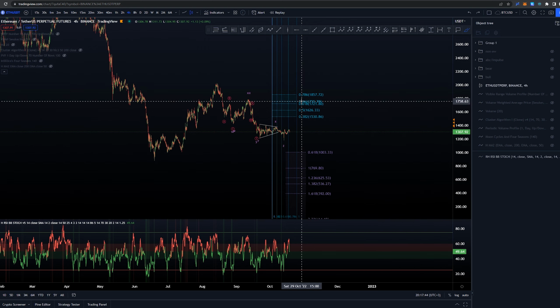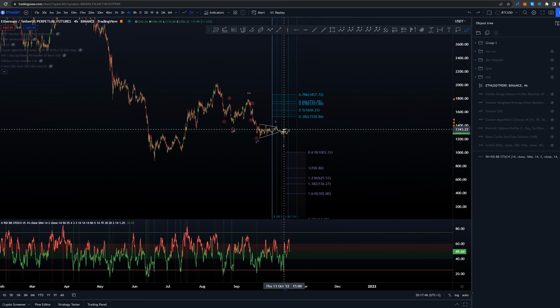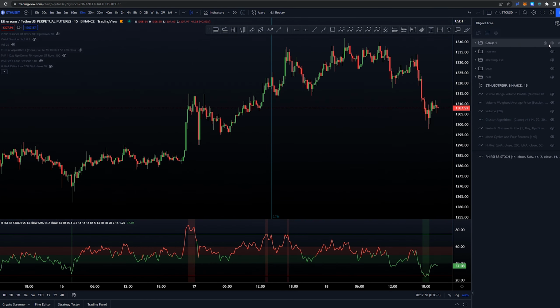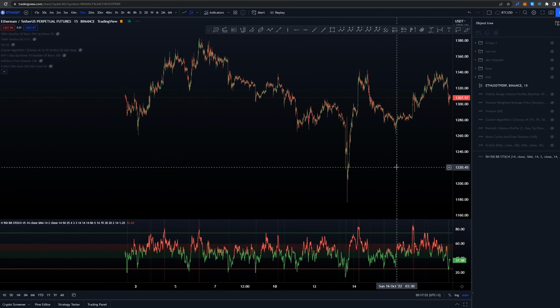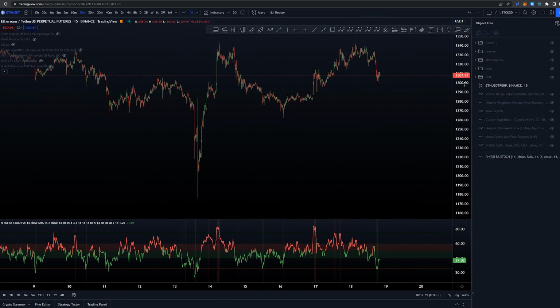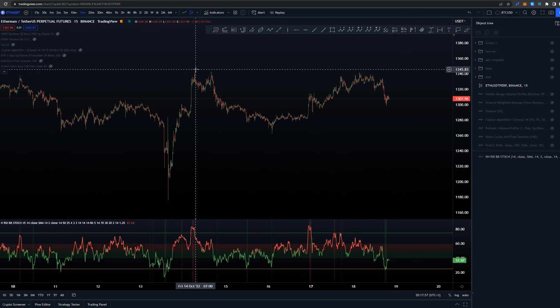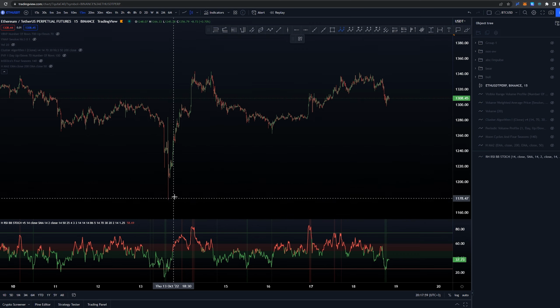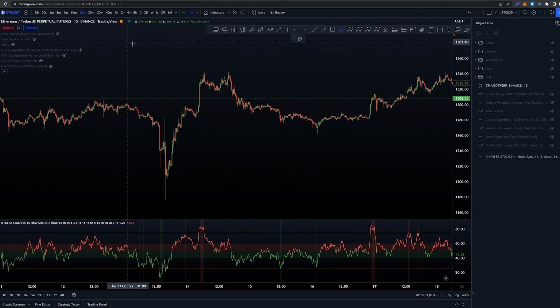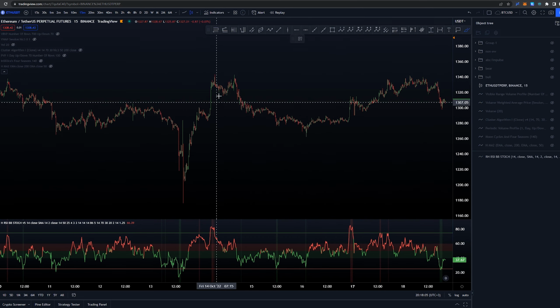We'll see later on how that is going to be turning out, but again, on the smaller time frames, let's take a look at what we got here. Let's turn off this count for now. So what we got here is again the very similar structure that Bitcoin has. It is not very clear on these 15 minutes and or even 5 minutes and upwards,